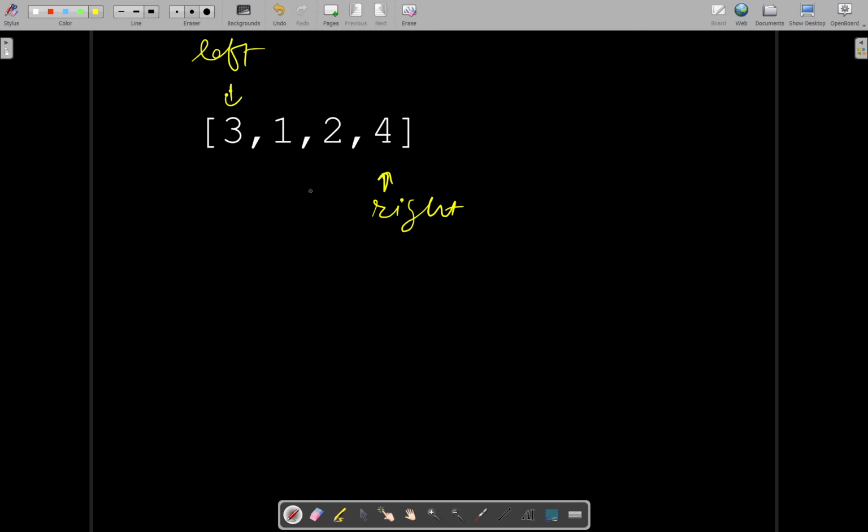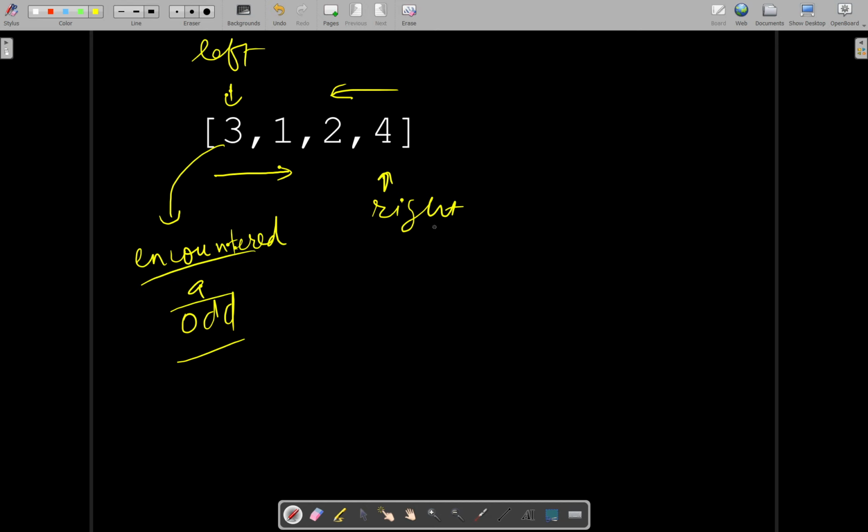Left pointer will be moving in this direction, right pointer will be moving in this direction. When the left pointer says that I have encountered an odd element, and at the same time the right pointer says that I have encountered an even element,